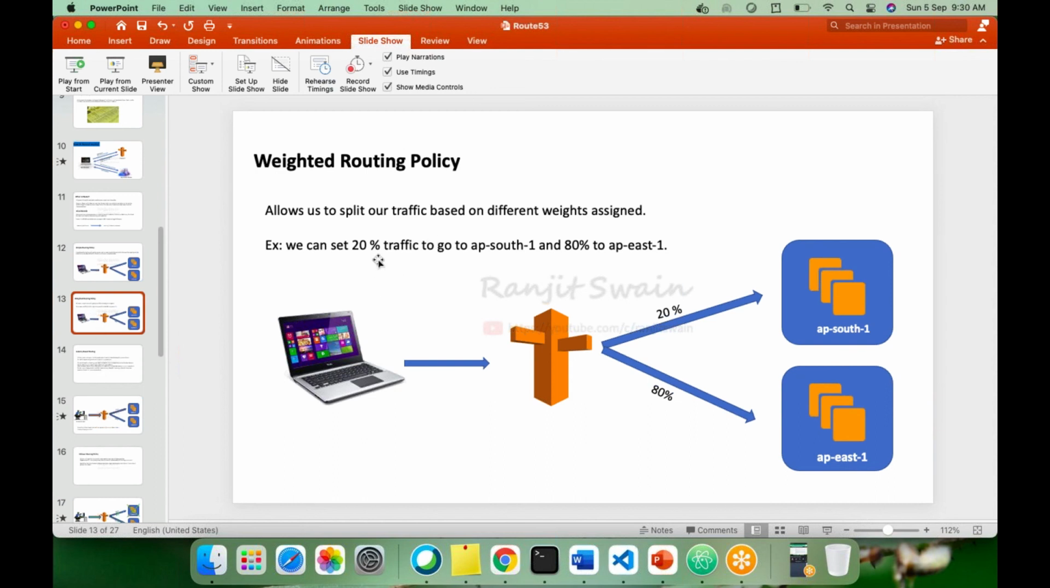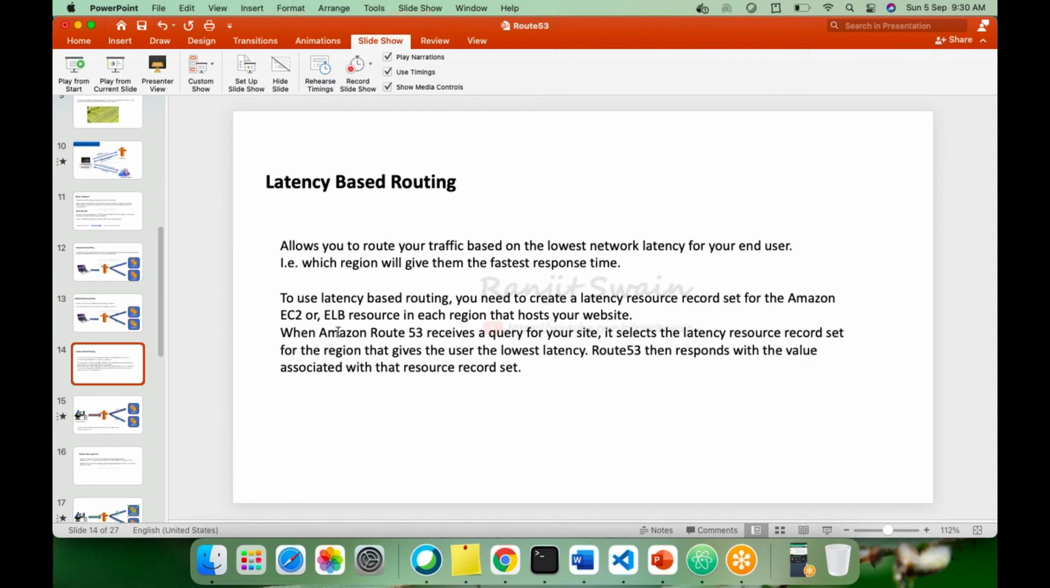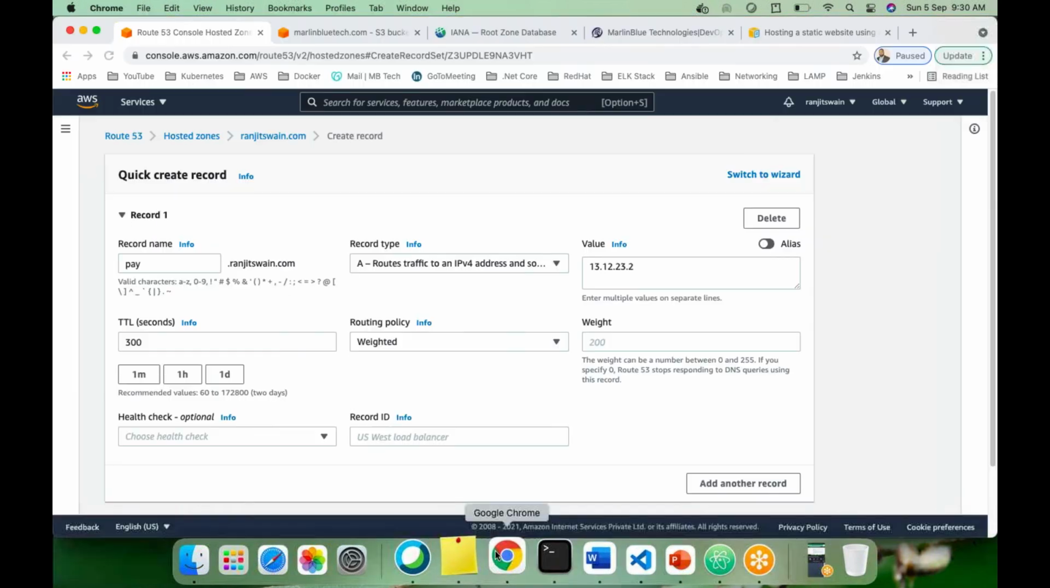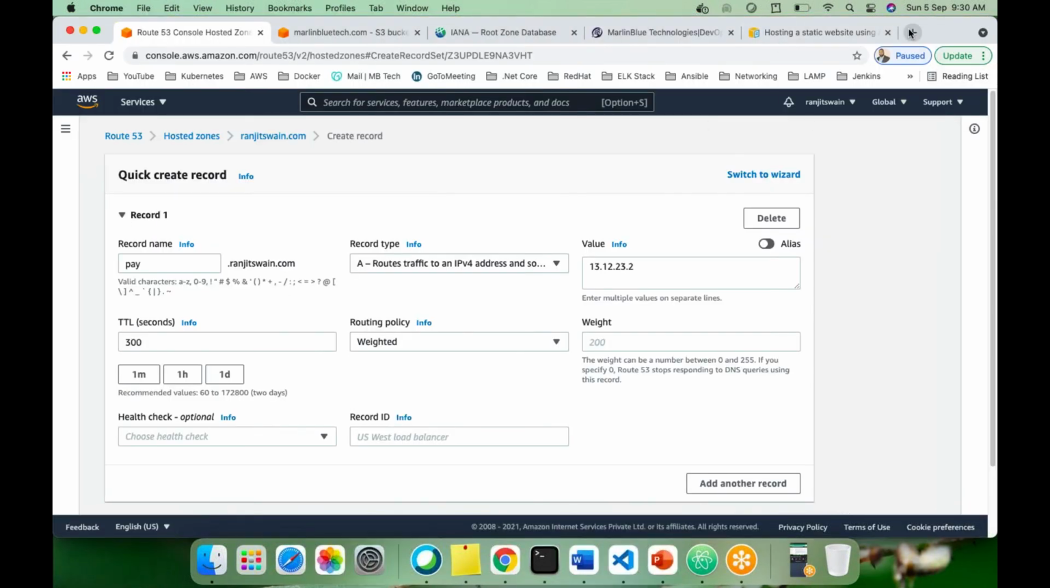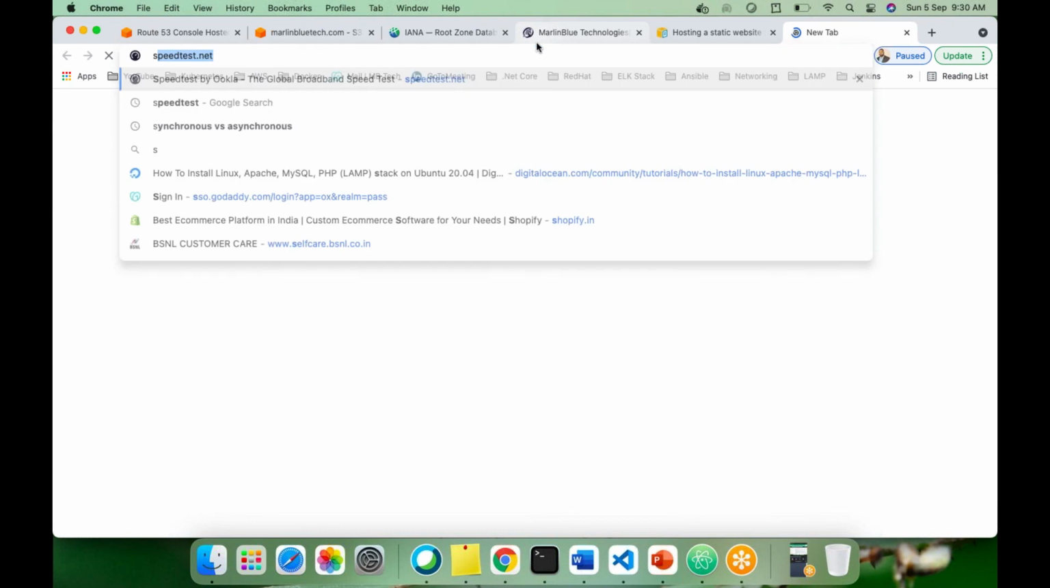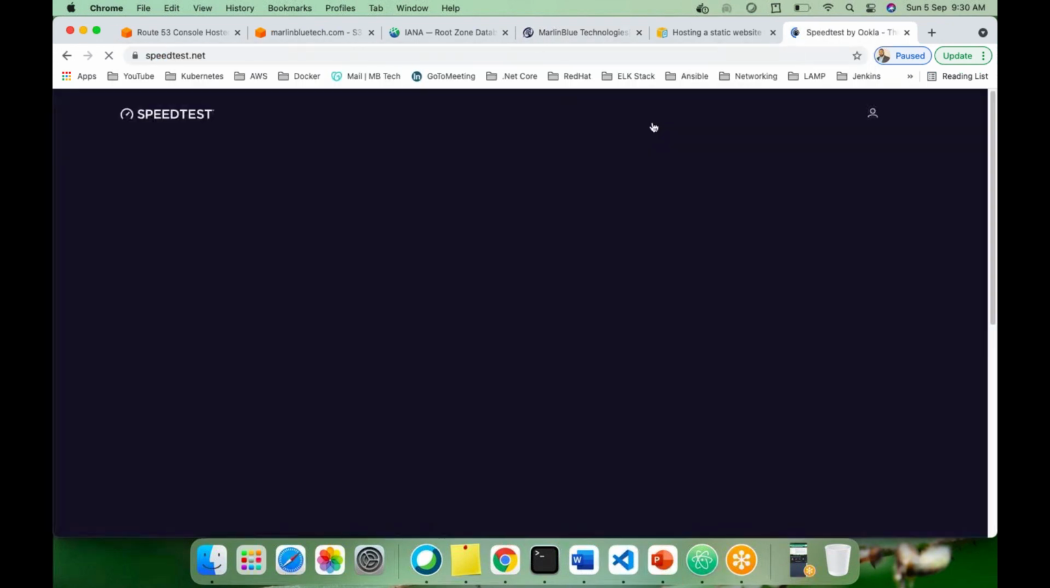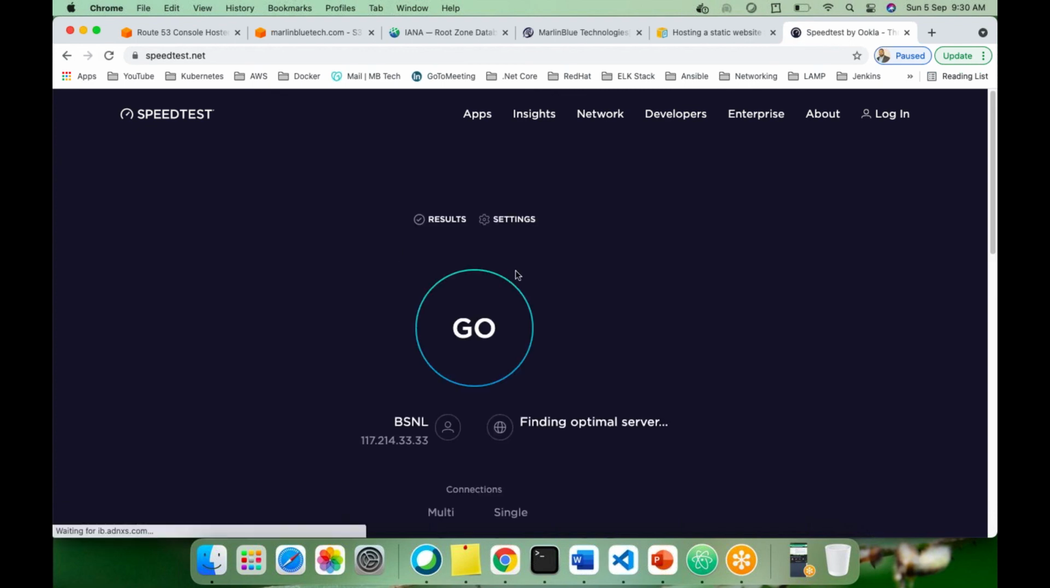Now, this weightage is very simple to set up. And one more is called latency based routing. Latency based routing allows you to route your traffic based on the network latency. Whenever you do a latency check, suppose I do a speed test here on speedtest.net, to check the speed of my internet, it will be very slow anyway. If I just click go,